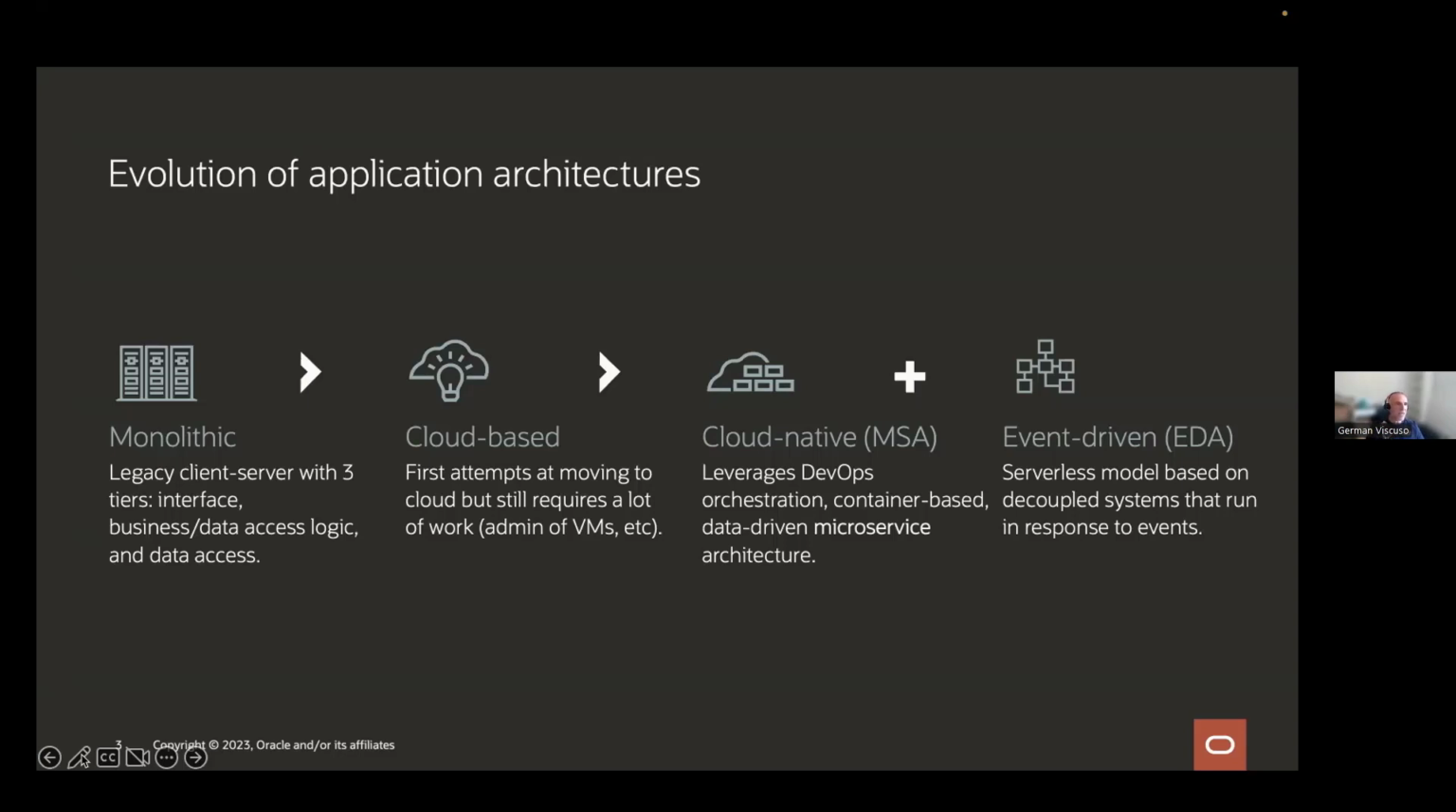But this wasn't really cloud native yet, because these were the first shots at going to the cloud, right? And we were replicating a lot of what we were doing on-prem in the cloud, right? Now, in the last 10 years or so, we saw the evolution of a cloud-based approach, I would say, several cloud-based approaches,